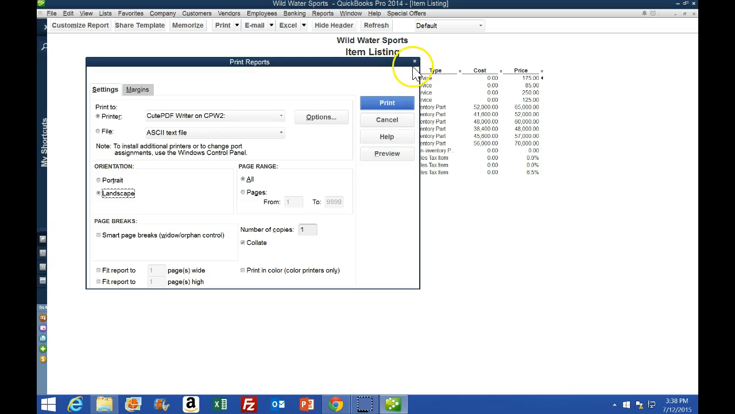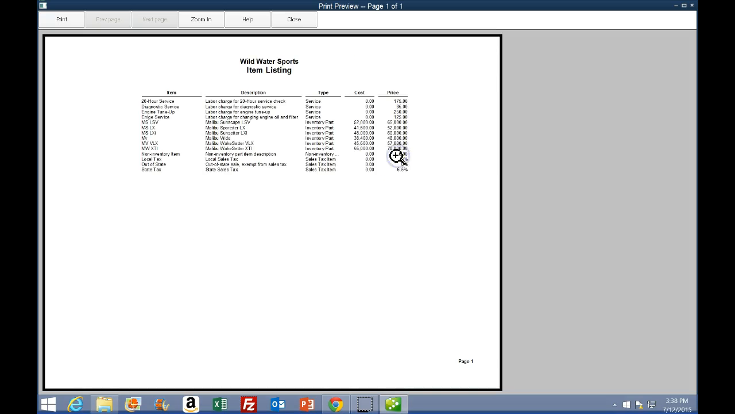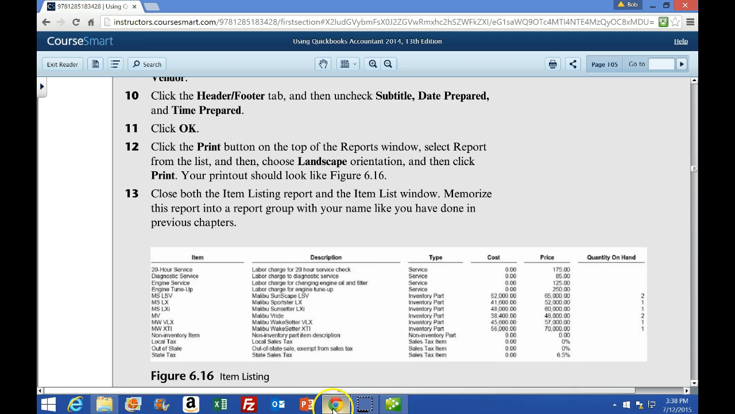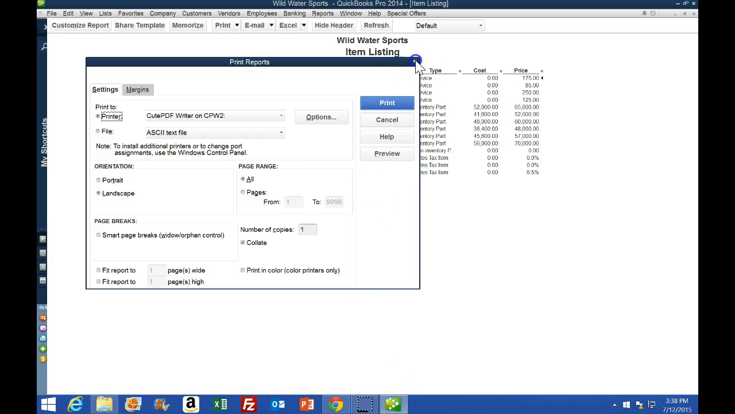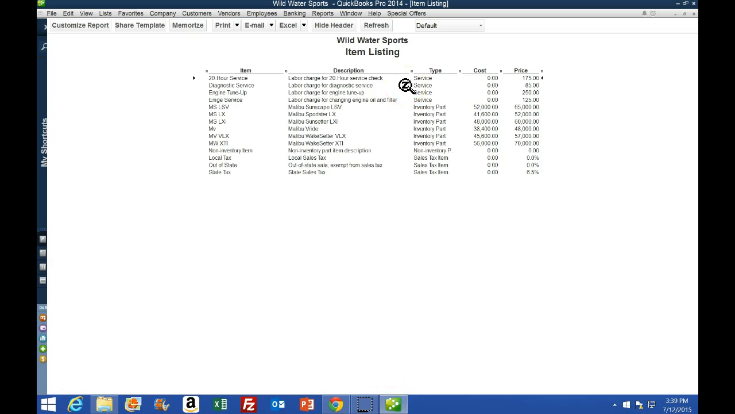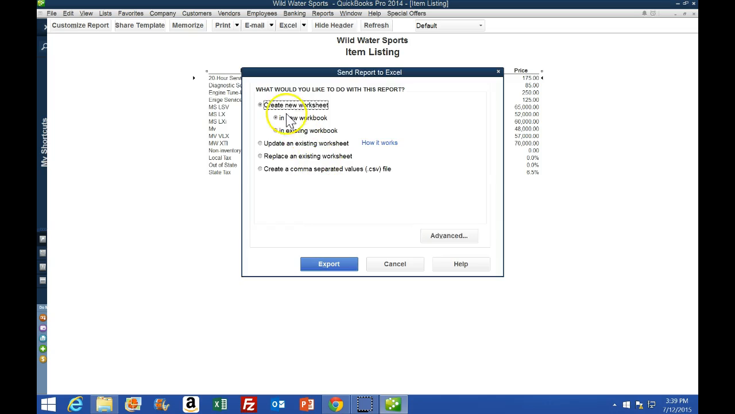And then if we were to print that, we can go ahead and print it there. If we were to preview it, it would look something like this. It's all on one page, which is nice. So then close the item listing. So I'm going to go ahead and save that once again to the Excel document in case we need it at a later time to turn in. So in order to do that, I'm going to go to Excel, going to go to create a new worksheet, and we are going to also create a new